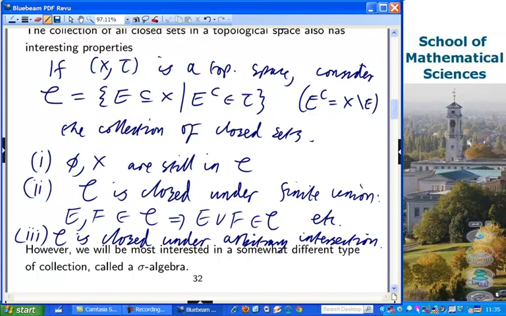So you can intersect as many, even uncountably many, closed sets as you like, and it'll still be closed. So that's the collection of open sets, the collection of closed sets, and they've got certain properties. But we need to look at some different kinds of collections. For measure theory, you only really want to work with countable operations, not with uncountable operations, because